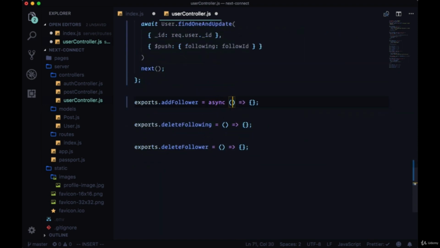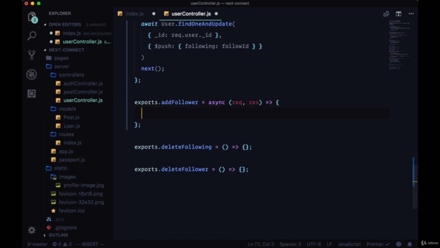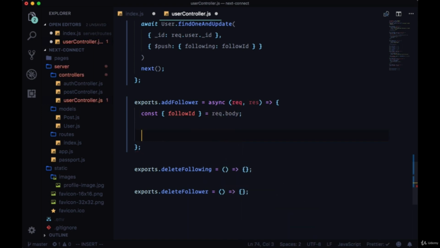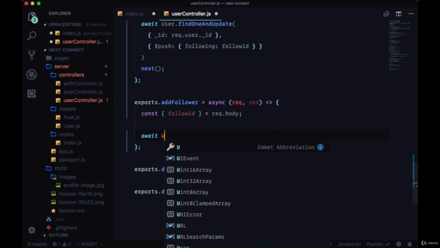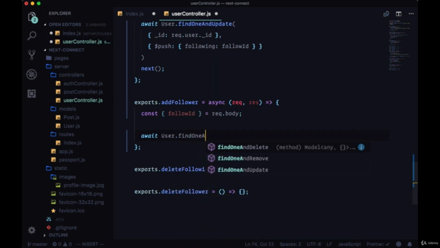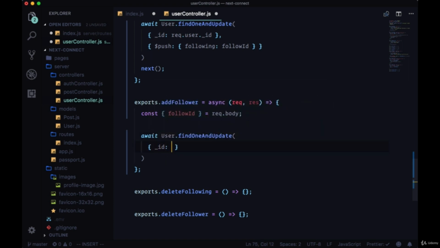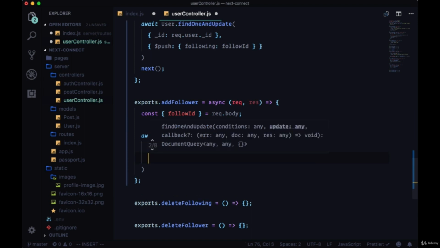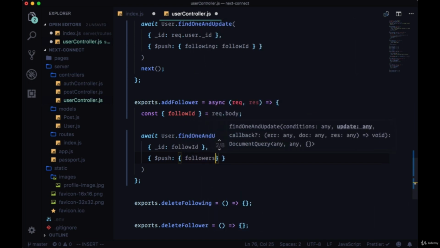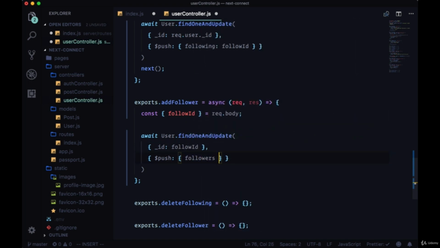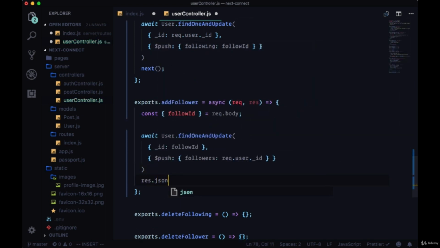Then add follower will just have request and response. You'll also need the follow ID, but this time we're going to still run findOneAndUpdate. However, the user that we'll find will be based on the follow ID, and we'll push onto the followers array of the user that we find. We'll push onto it request.user._id, and we'll return from this by saying res.json and pass in a user that we